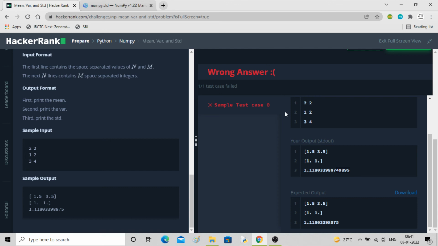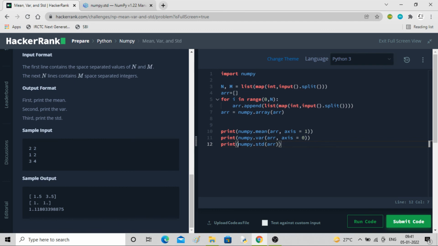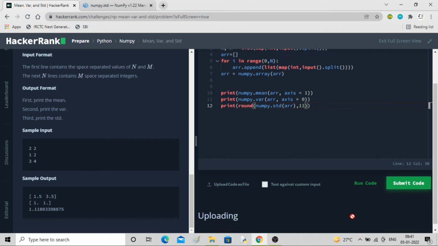So we can round off. How many digits are there? 1 2 3 4 5 6 7 8 9 10 11, till the 11th. Okay, so let me round off this value to 11 digits. It might work.